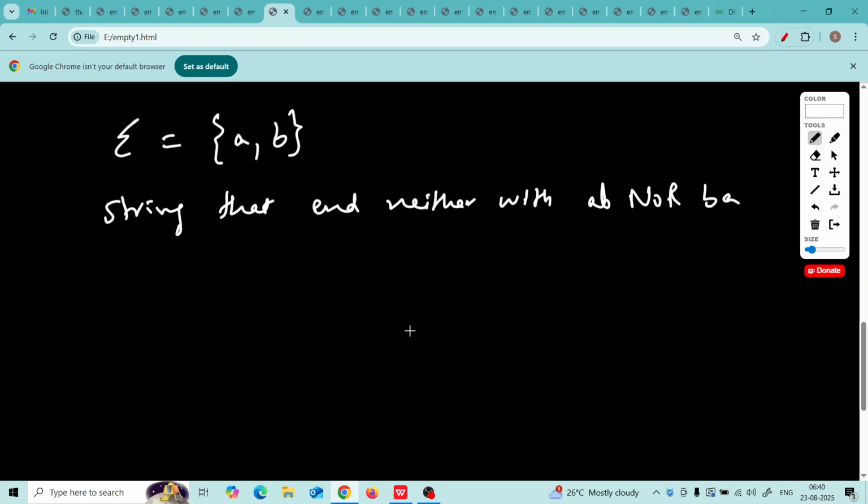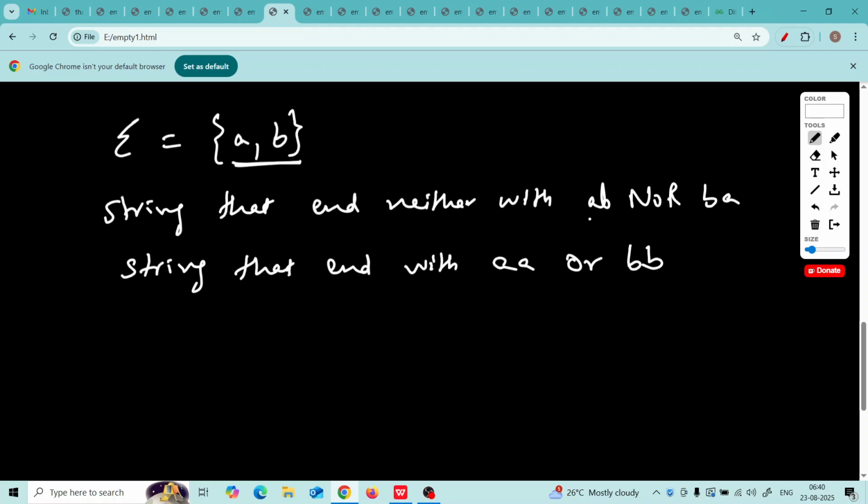That means, in other words, we want strings that end with AA or BB. Only 2 letters are there. So last 2 letters, I am so sorry, the end is there. Last 2 letters should not be AB nor BA. So last 2 letters have to be AA or BB.